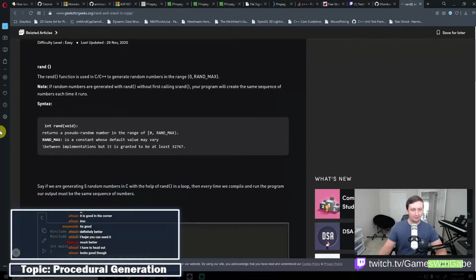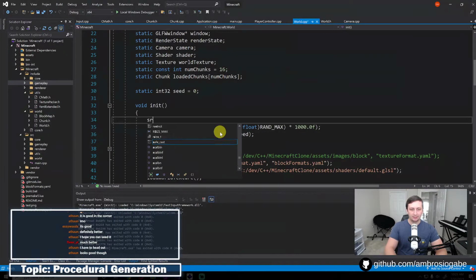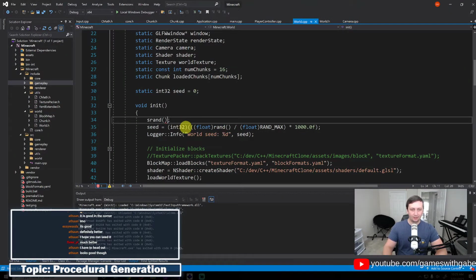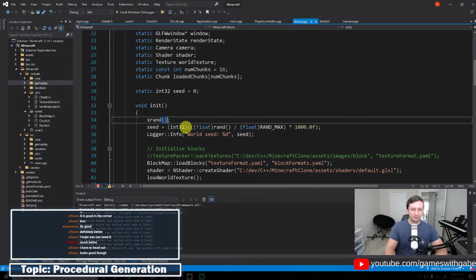Okay, so this says the rand function is used to do this. If random numbers are generated with rand without first calling srand, your program will generate the same numbers. Okay, so we just call srand and that should seed it. And what's this saying? We need an integer. Okay, so we'll just use time. This is an unsigned int, so we'll